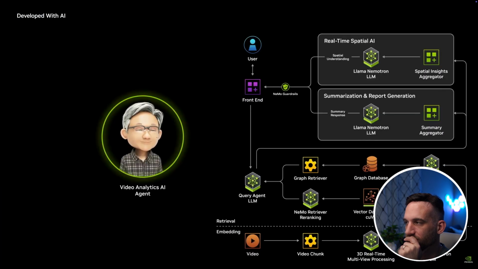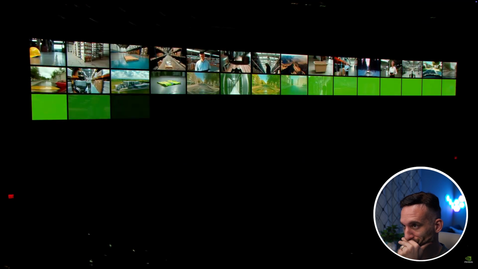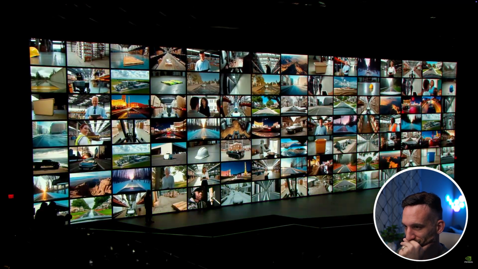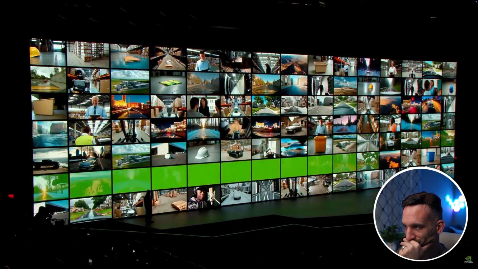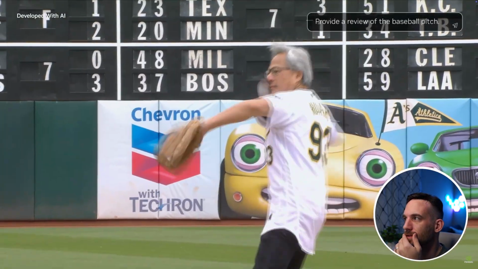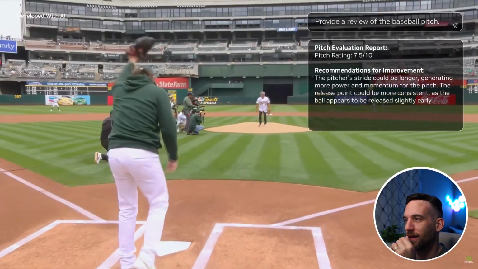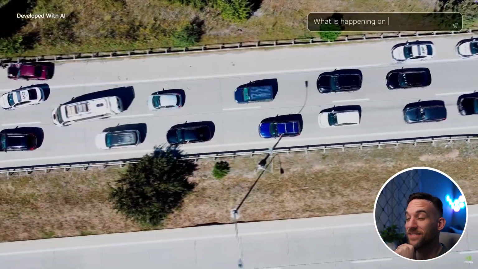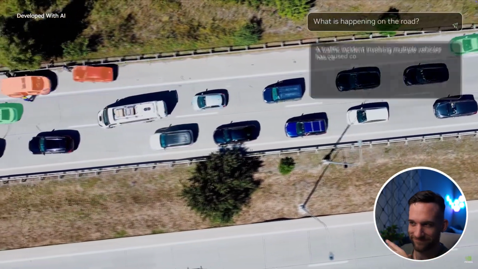And video analytics AI agents built on an Nvidia Metropolis blueprint, including Nvidia Cosmos Nemotron vision language models, Llama Nemotron LLMs, and NeMo Retriever. Metropolis agents analyze content from the billions of cameras generating 100,000 petabytes of video per day. They enable interactive search, summarization, and automated reporting, and help monitor traffic flows, flagging congestion or danger.